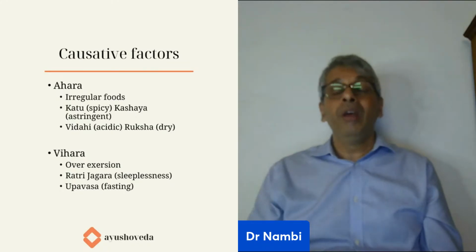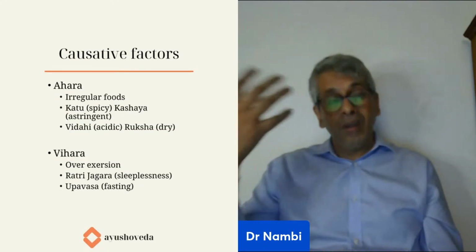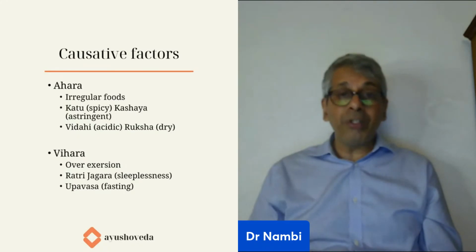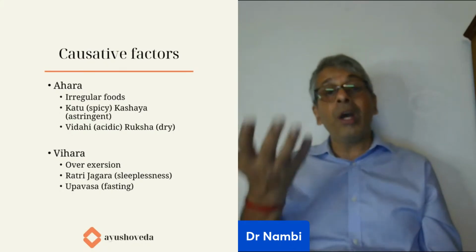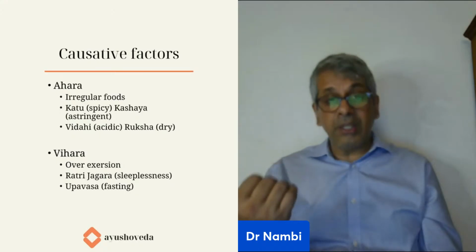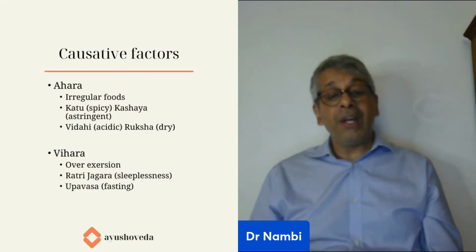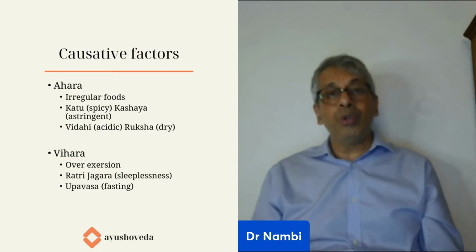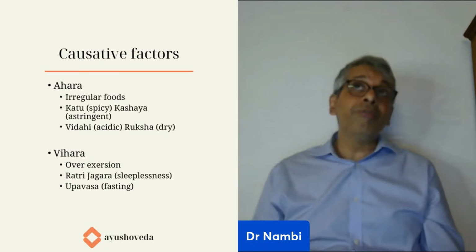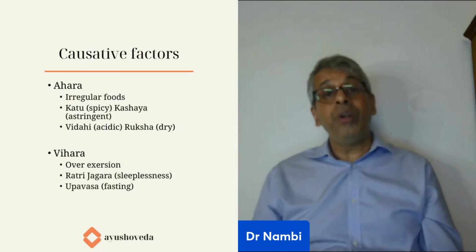there are people who run too much, or cycle maybe 20 kilometers, 30 kilometers, 50 kilometers, but there are people who do 100 kilometers every day. What happens is then the Vata starts going up and the quality of Asthi also goes down. Okay. Ratri jagarana, sleeplessness, that means especially at night, if you don't sleep, your Vata goes very high up and the quality of your bone goes down.